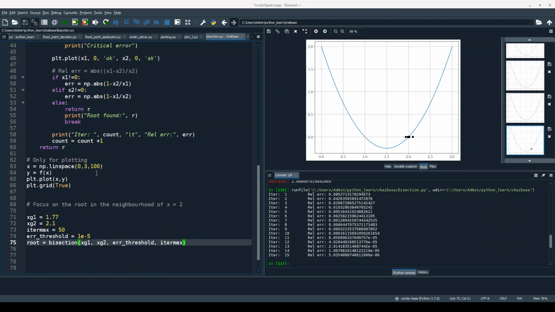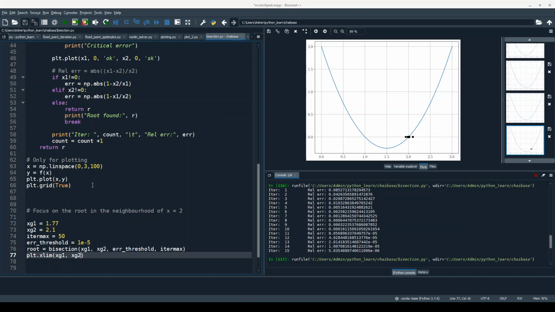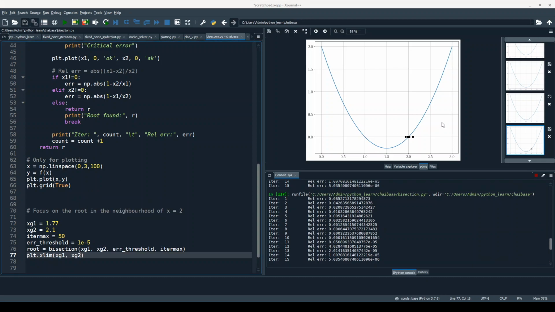So let me change the limit. So plt dot xlim should lie between xg1 and xg2. Let me clear.